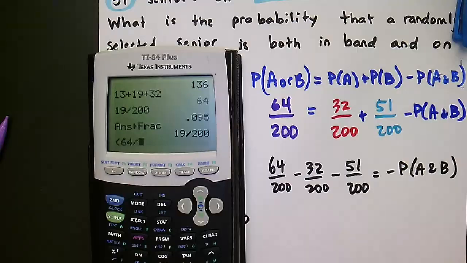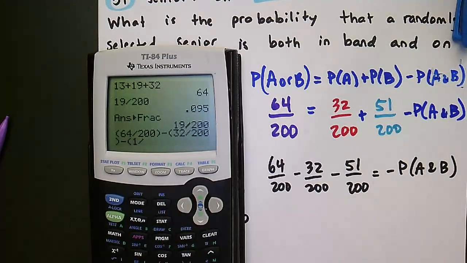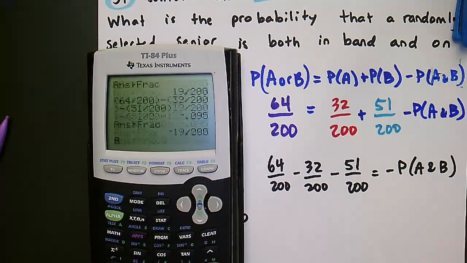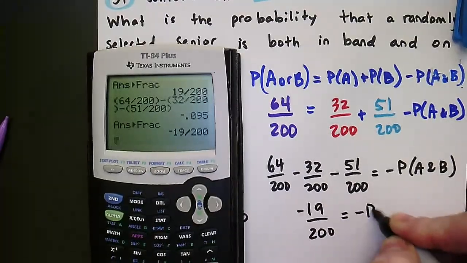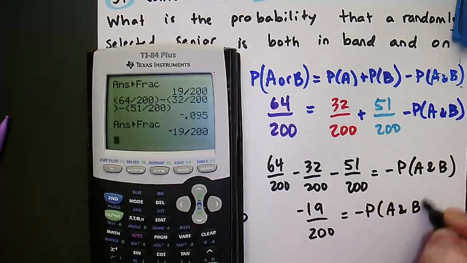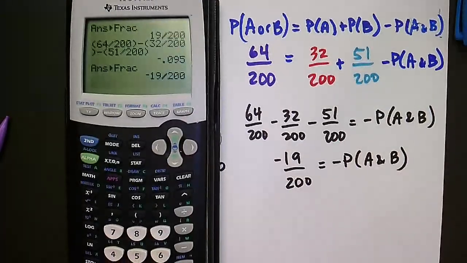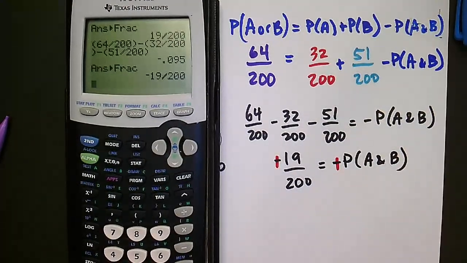64 minus 200, or not minus, divided by 200. That's how we write a fraction, right? 32 over 200 minus 51. Oh, oops, I want to put parentheses around that. Over 200. And that's that decimal that I saw a moment ago. If I turn this back into a ratio, to a fraction, I get negative 19 over 200. And again, that equals this negative probability. So I can basically multiply both sides by negative or divide both sides by negative, however you want to think of it. But they both basically can both become positive. So my final answer,